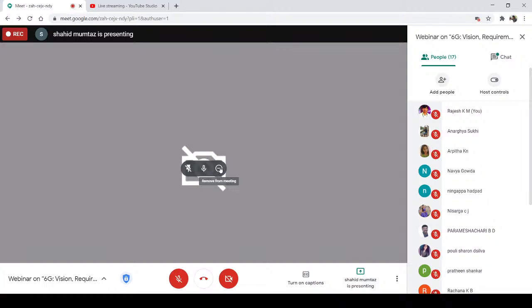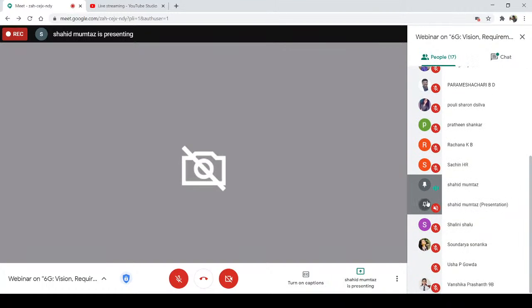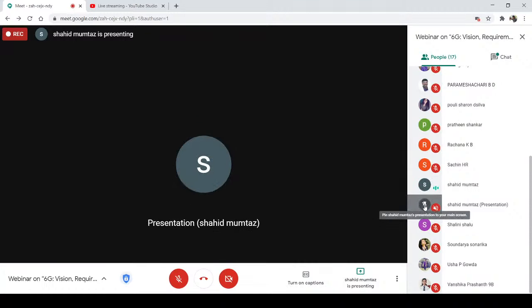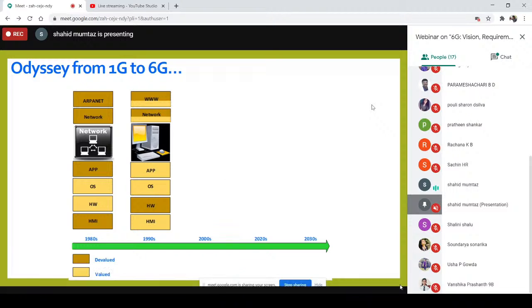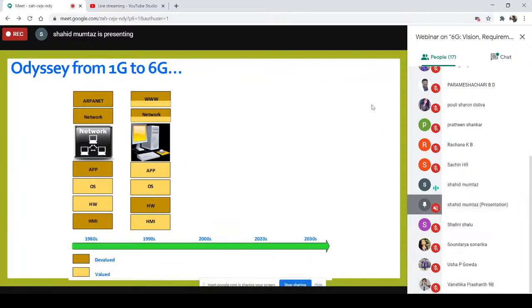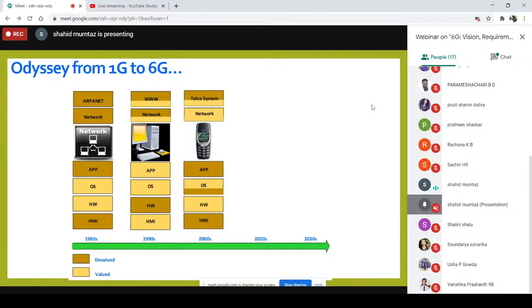And hardware gets devalued, and a lot of people start building Mouse racks at that time, mouse basically, sorry, CPUs. And then our ARPANET is converted to WWW for the first time. You can see at that time the World Wide Web and network are also getting some value, and not valued. And after 10 years, you can see that again a shift will come, where you saw the first